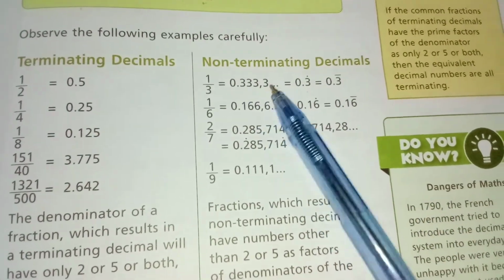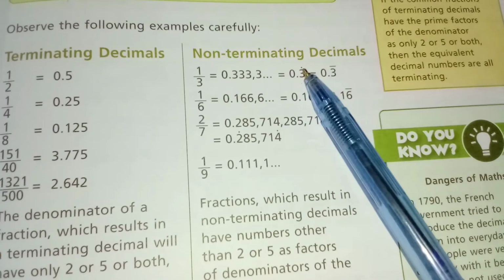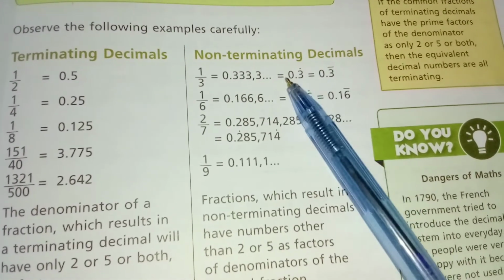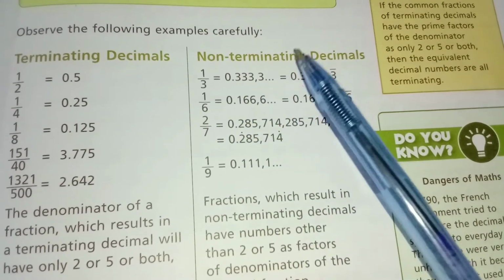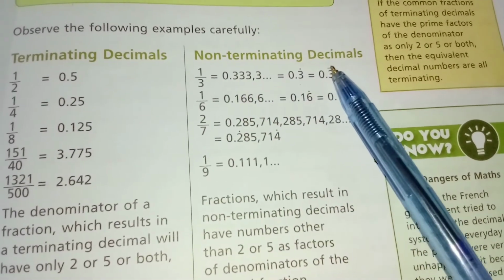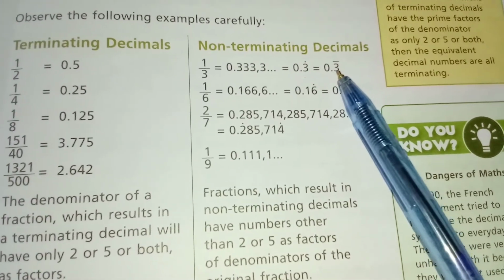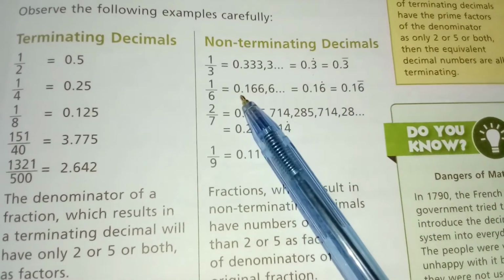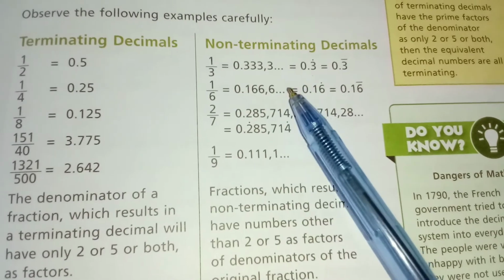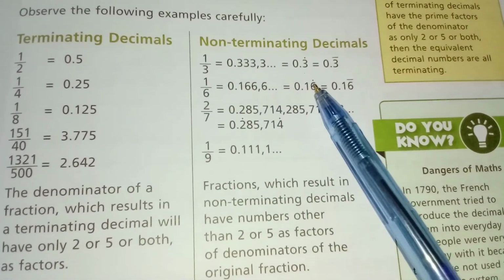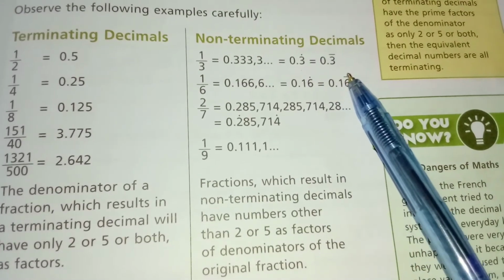0.3333 and so on. That can also be written 0.3 ऊपर डॉट, मीन्स 3 जो डिजिट है वो बार बार रिपीट हो रहा है तो आप 3 के ऊपर डॉट लगा देंगे. इसका मतलब भी यही होगा कि ये 0.333 अप टू सो ऑन है. यहाँ 3 के ऊपर बार लगा दें. जो नंबर रिपीट हो रहा है उसके ऊपर बार लगा दें तो वो ये शो करता है कि यही नंबर बार बार रिपीट हो रहा है. सो 1/6 दैट इज इक्वल टू 0.166666. सो 6 डिजिट इज रिपीटेड indefinitely, so you have to put a dot on a 6 or a bar on a 6.